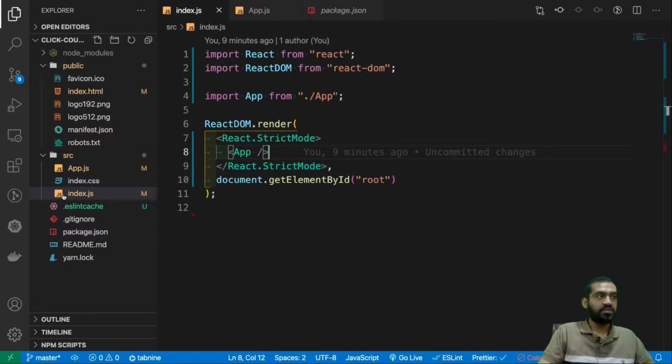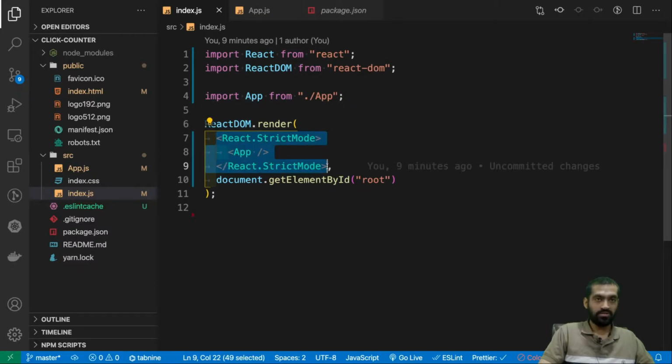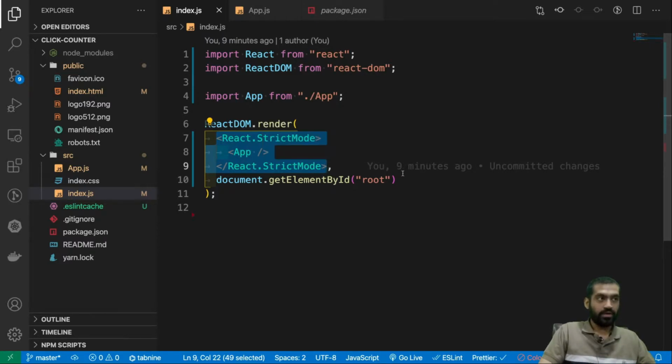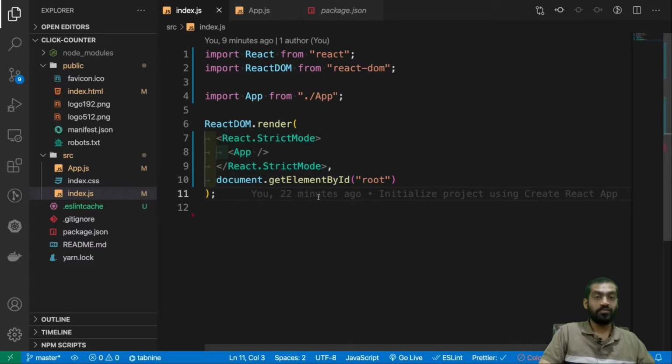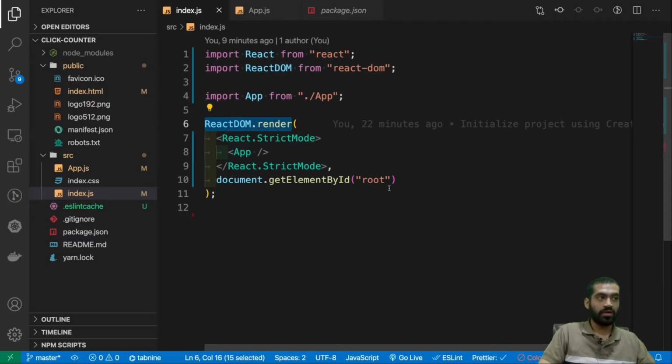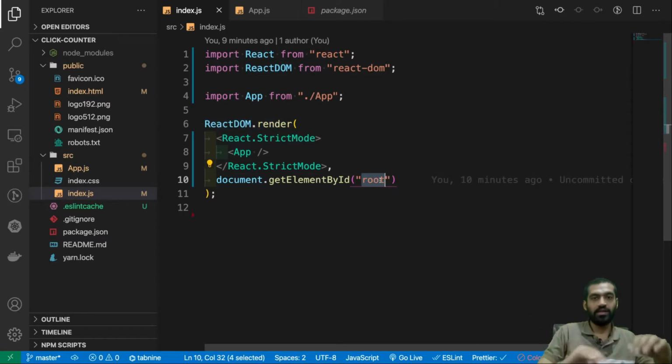Create React App is designed in such a way that it goes to the source folder and looks for the index.js file. Okay, and in this index.js file, we are writing something called JSX. Remember, I told you that this is something which looks like HTML, but it actually is not HTML, it is JSX. We'll learn this, be patient. But yeah, it looks for the ReactDOM render JSX, and as we remember, there is a plugin called Babel. Now Babel converts this JSX into normal HTML code, and then this normal HTML code goes to ReactDOM.render, and it then gets rendered inside the root element.